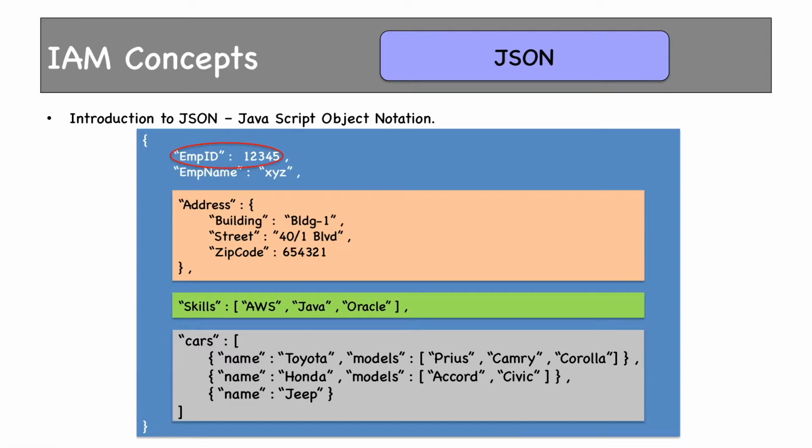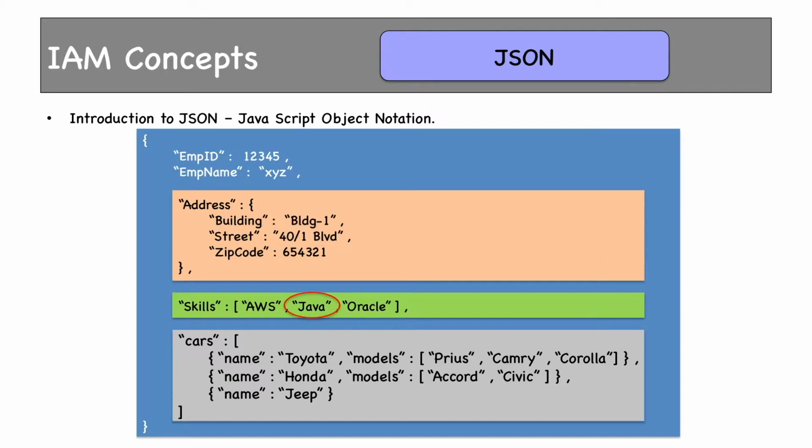To access employee ID, this should be used. To access address, address in double quotes should be mentioned. Now if you use this, you'll get the entire document with all the key value pairs. Suppose you want to access the subkey street. To access street, which is part of a second level document in the address key, you have to mention the key of the first level dot key of the second level. Here, address dot street, because address is the first level key and street is the second level key.